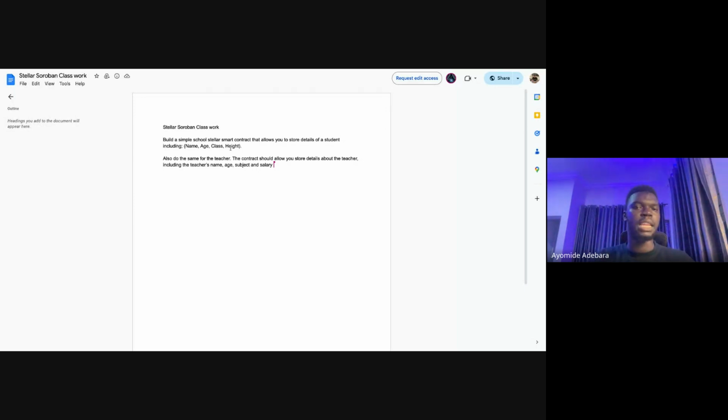What would be included in the classwork? You have to build a simple school Stellar smart contract that allows you to store details of a student, including the name, age, class, and height. These are the 4 things you would store for the students. So you'd have a function that stores the name, the age, the class, and the height. Now, I'm not saying you'd have only 4 functions. You could extend it and have more functions, fine. But the most important 4 functions I want to see,